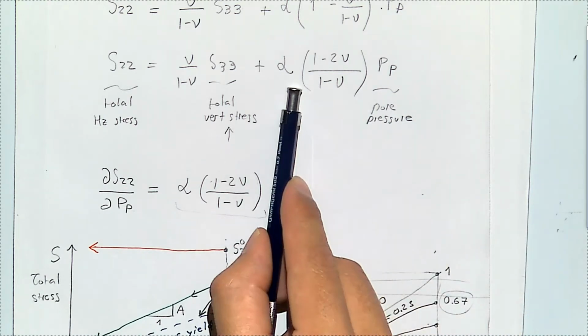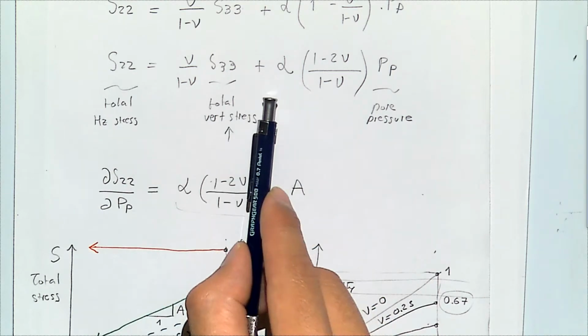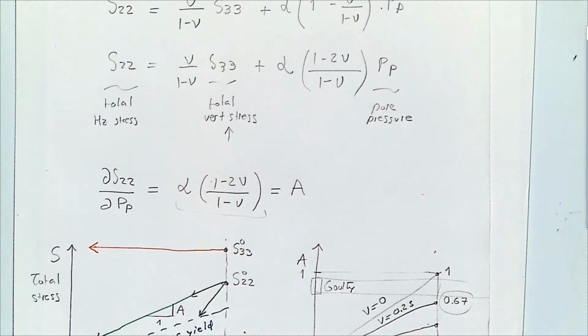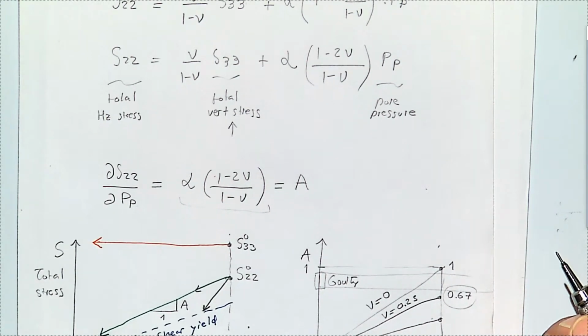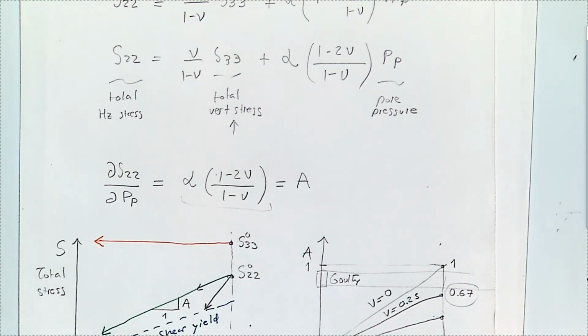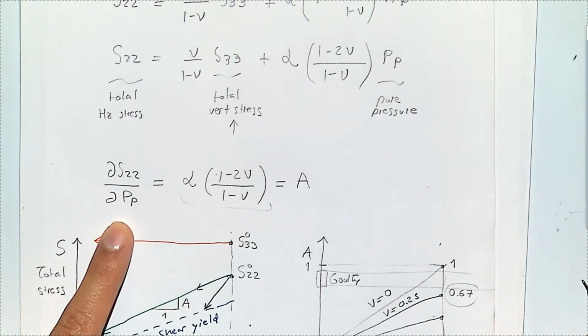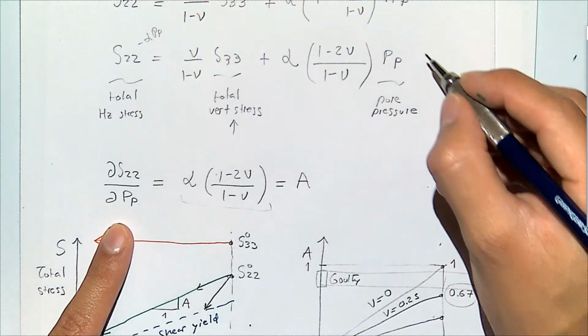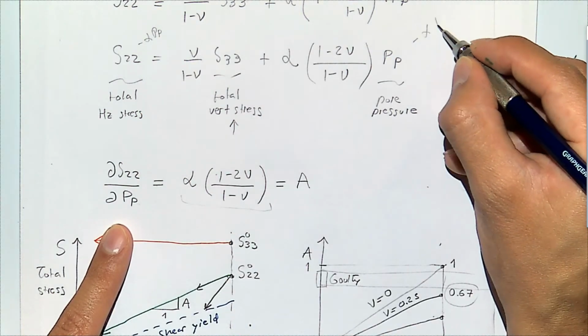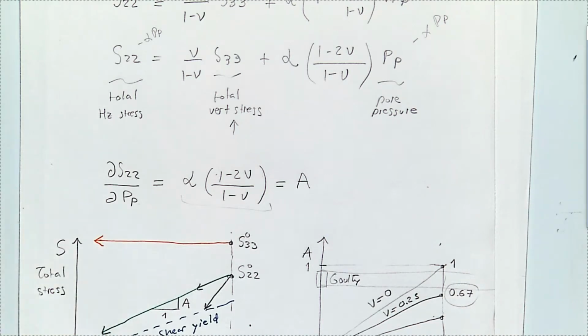Or let me think again. What I'm trying to do is I want to add an alpha pp here and an alpha pp over there. So if I take the derivative of that,